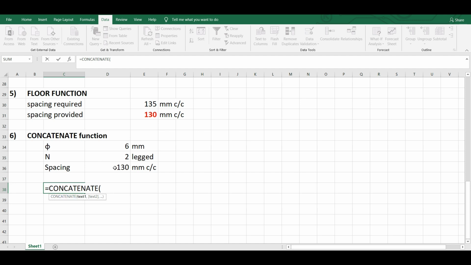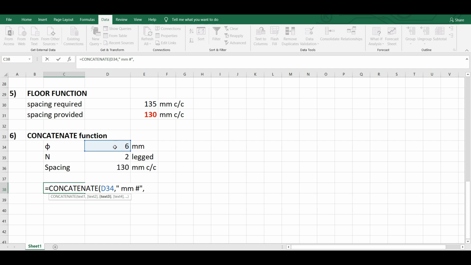First is I want 6 mm. So I will type here 6, comma, whatever the alphabets you want to type, you will be inserting it into the double inverted comma. So 6, comma, mm, 6 mm dia, then I want 2 leg to be typed in the line.